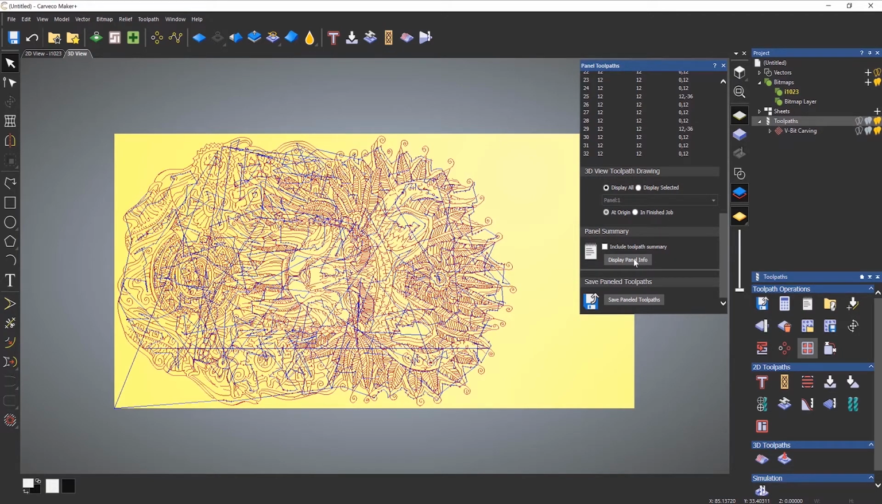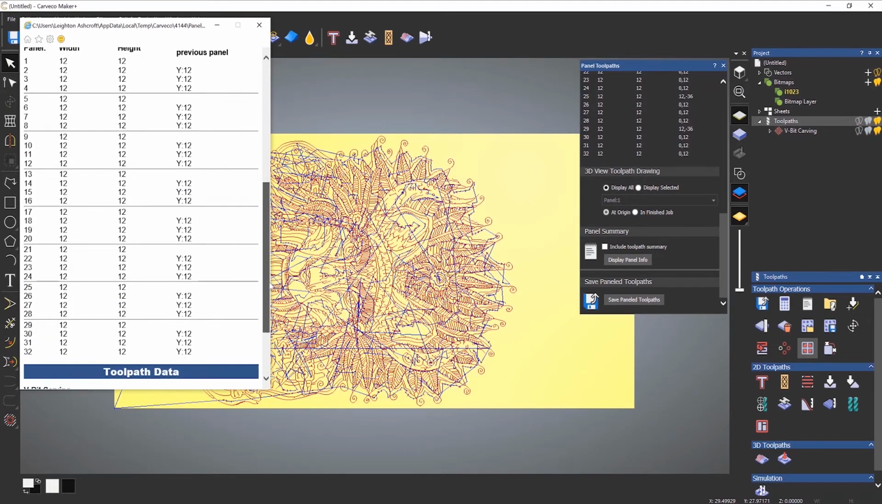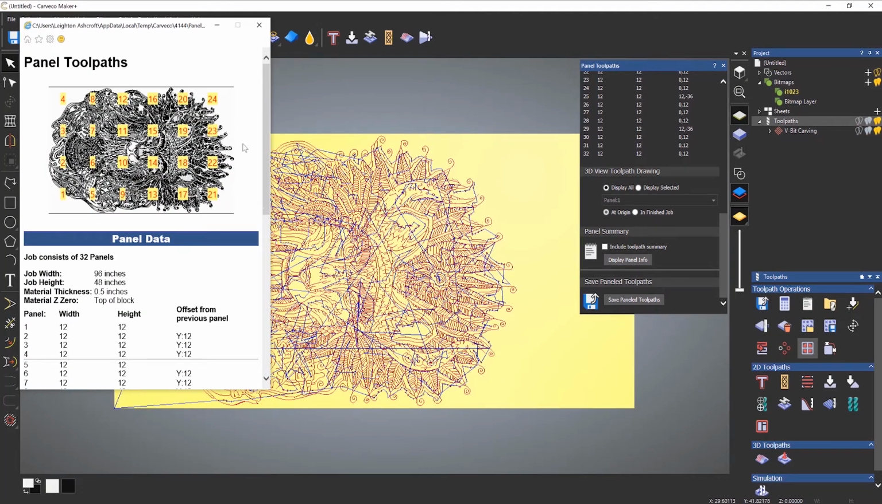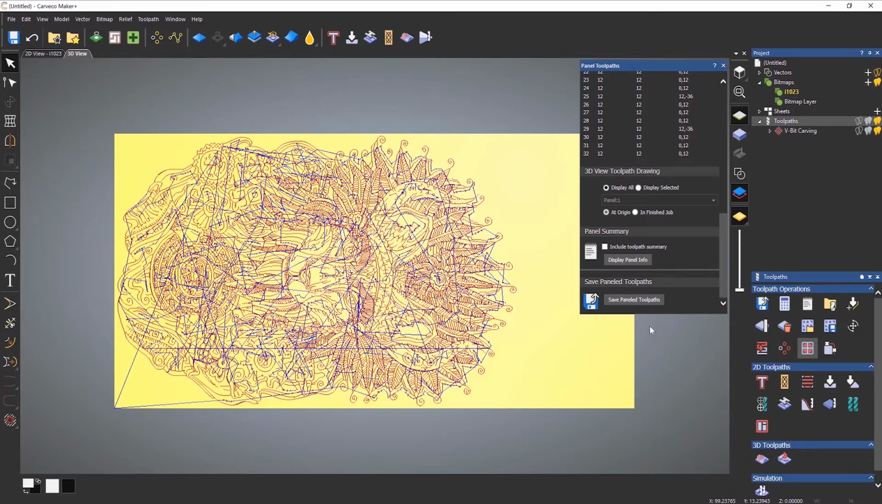Now, if you click display panel info, what this does, it gives you a sheet that you can print off, basically just telling you which sections match up to which. Okay. Now, it automatically knows that panels 29 to 32 aren't actually going to machine anything, so it hasn't given you a preview for that. Okay, so it tells you exactly what you need to know, and it tells you what toolpaths you're going to be using, and you can print this off. Okay, and then when you're happy,